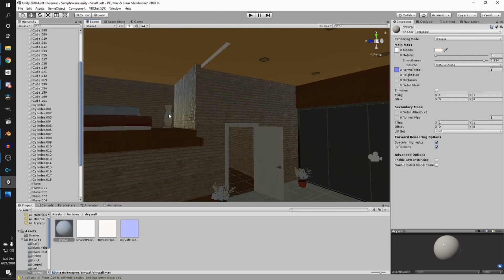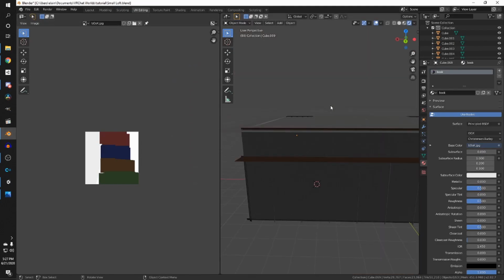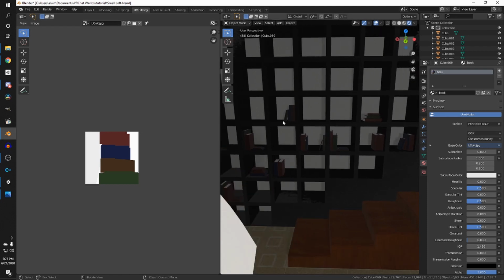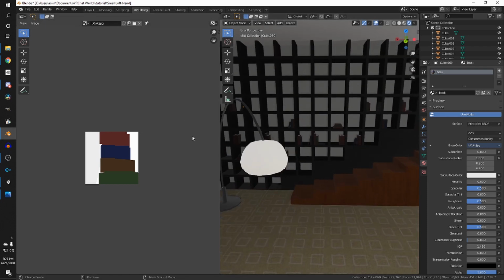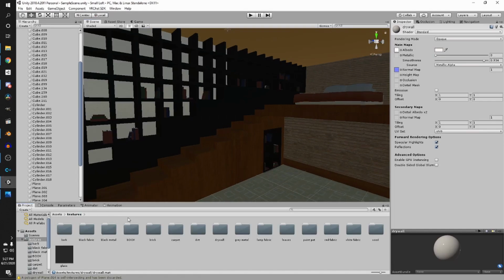Cool. And once we get lights in here, if there's something we don't like about the UVs or anything, you can always go back to your Blender file and do exactly what we just did with the books, re-UV them or re-edit anything and re-export the FBX right directly into Unity and update the FBX. So let's go back here and we're just going to keep going with